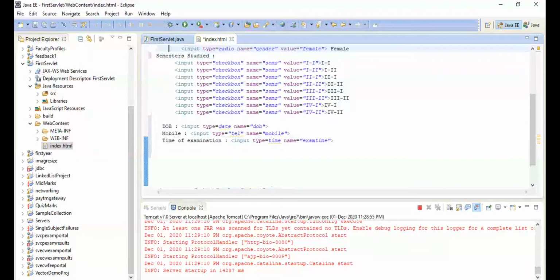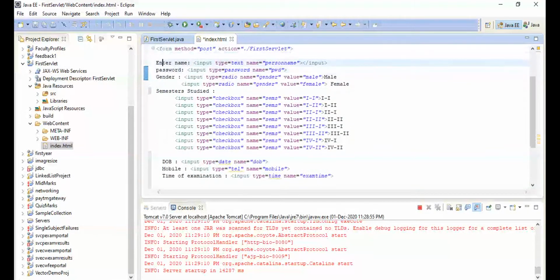Next one is... What is the next control?